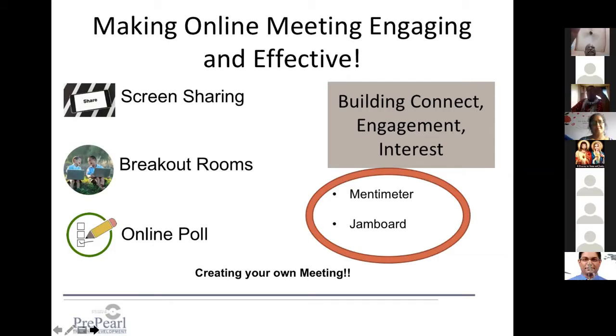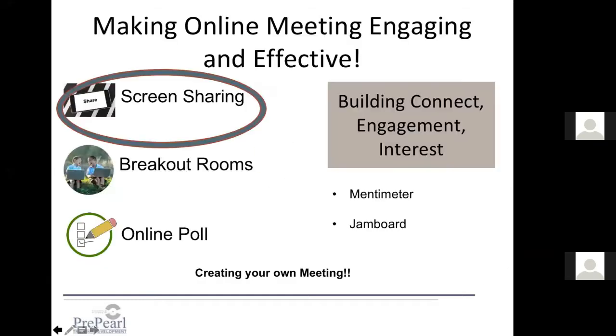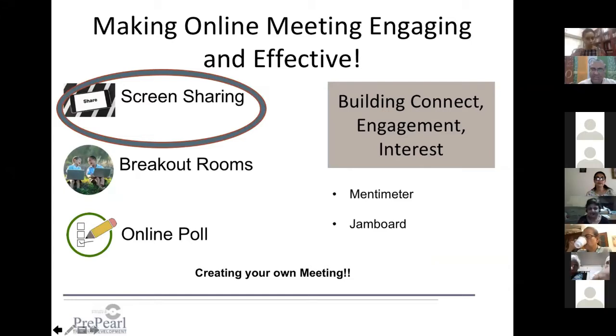So then let's get started with the simplest one. Let's get started with screen sharing. Before we move on, as Father Joshan said, just reiterating that when you are creating or hosting your own meeting, it is much easier and better if you can do it on a laptop or a desktop, because some of these options are available only on the laptop itself, and we will tell you which ones. You'll find the interface is also much easier on a laptop.